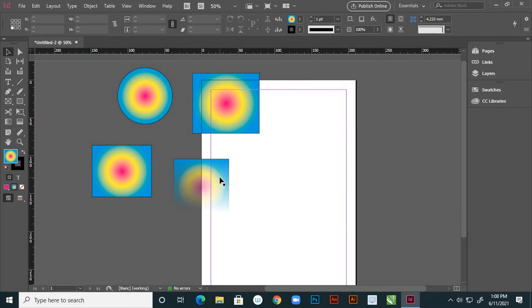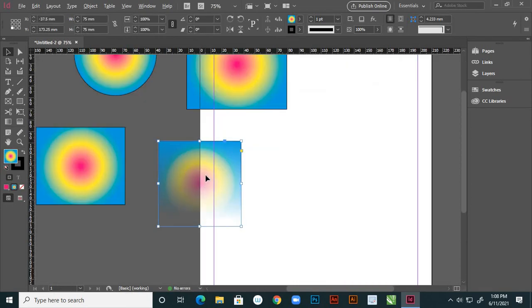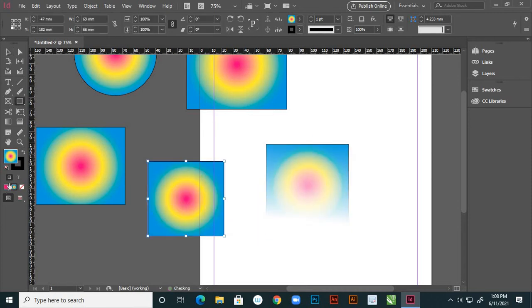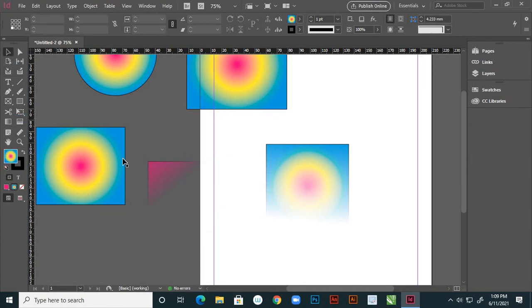Yes, here by choosing option, suppose here see, and again I'm using with this color, and here I'm applying the gradient feather tool, right?